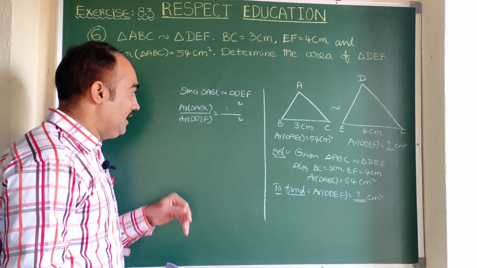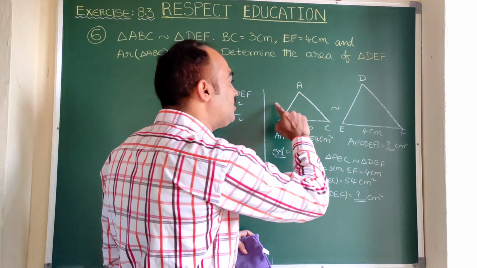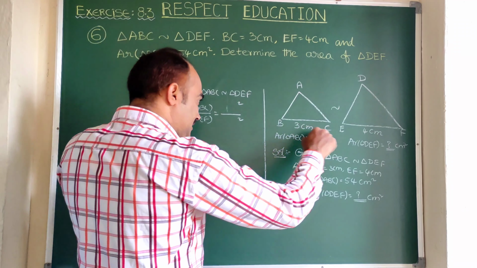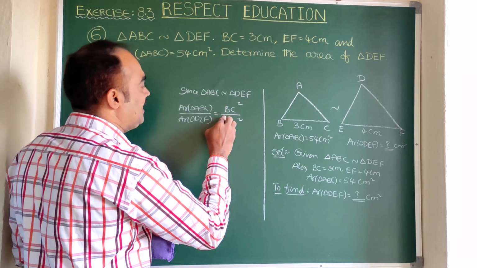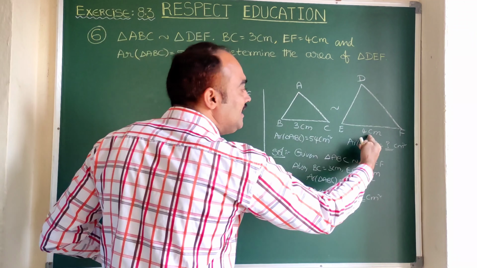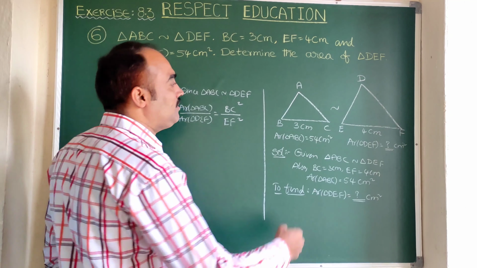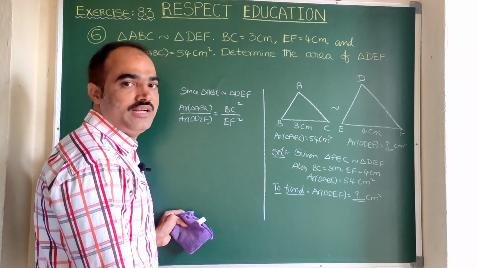sides. Here corresponding sides we can take AB square by DE square, but whose values are not given. So better we need not write them. BC square by EF square values are given. Let us write BC square. BC is the side of ABC. Corresponding side in DEF is EF. So here BC square by EF square. And one more side will come, that is AC square by DF square. But those values are not given, so we need not write them.